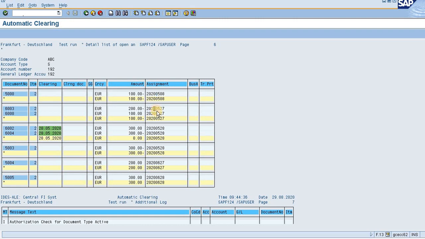As you can see, this combination is also based on the assignment number, this combination is also based on the assignment number. Likewise, SAP has given the set of documents which are the same based on the assignment numbers. Now it is only showing you the green signal wherein the amount is matching.